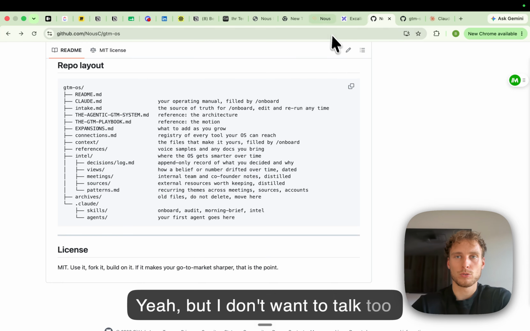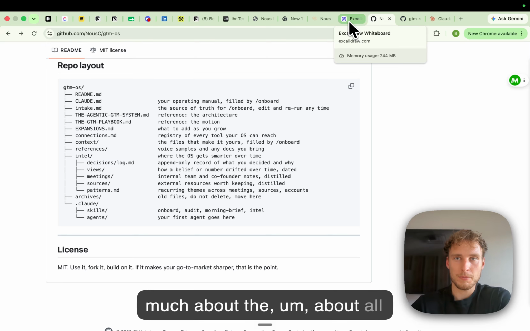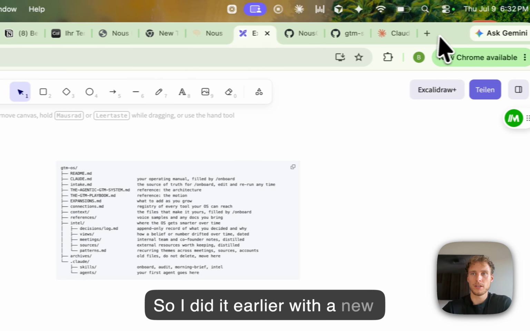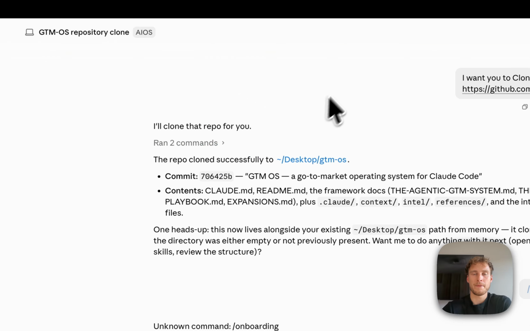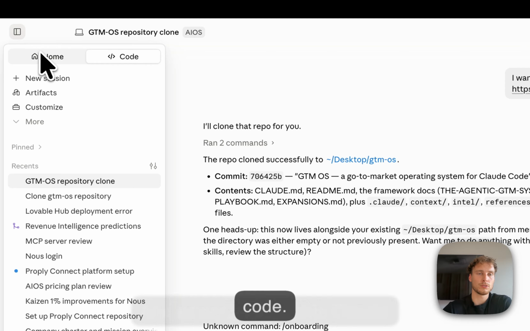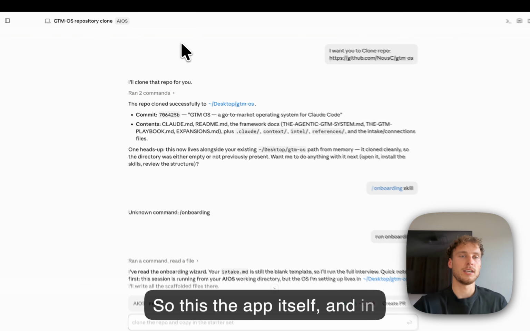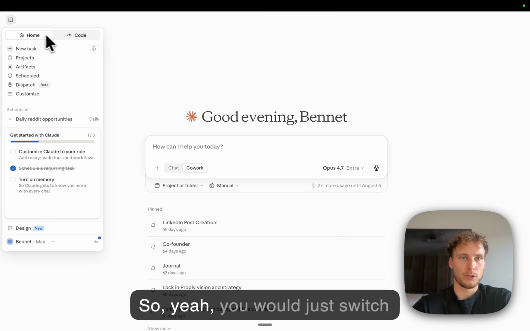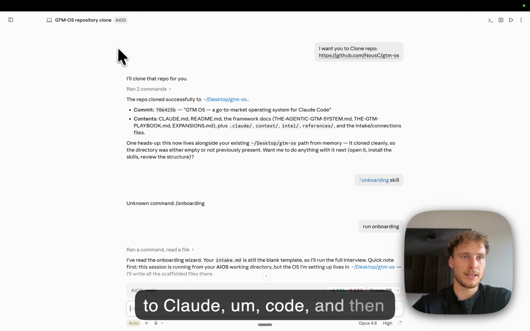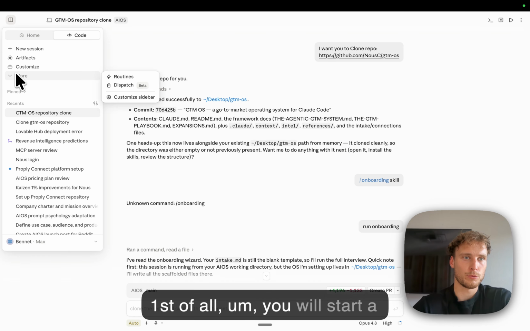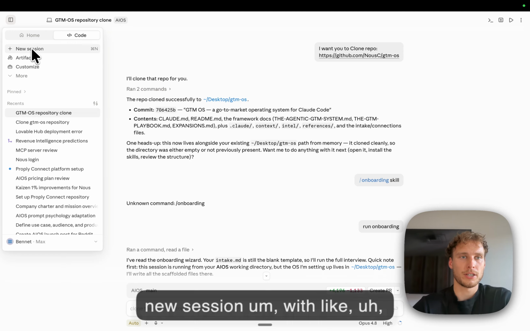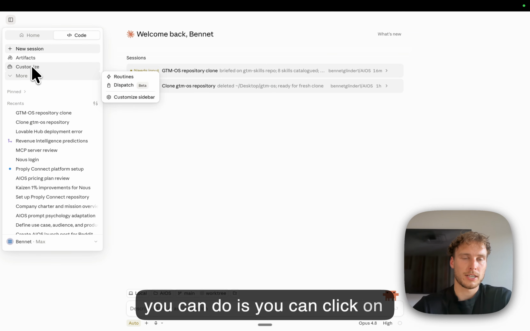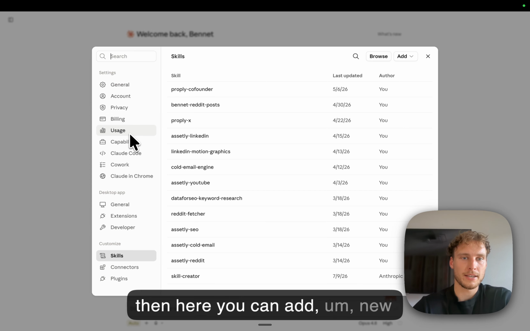But I don't want to talk too much about all these things without even showing you how to do it. So I did it earlier with a new GitHub structure and as my agent inside Claude Code. So this is the app itself, and in here you can use Claude Desktop, but also Claude Code. You would just switch to Claude Code, and then first of all, you can click on a new session to start a new session with the agent. But also what you can do is you can click on customize, for example, and then here you can add